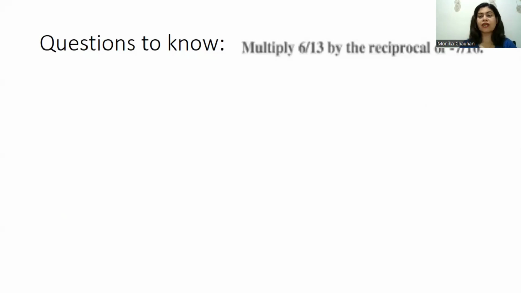Okay. So today we will see what kind of questions we have in our textbook. The one which I can see right now is this one. Multiply 6 upon 13 by the reciprocal of minus 7 upon 16. Do you know the reciprocal again? Do you know what is the reciprocal of minus 7 over 16? It is upside down, yeah? So I want each one of you